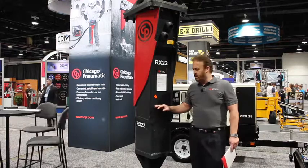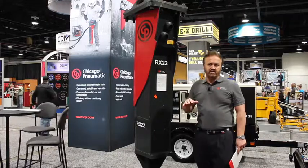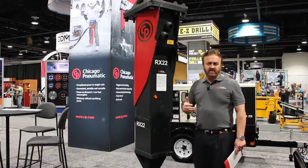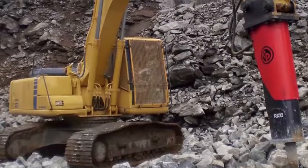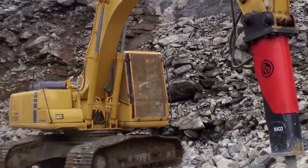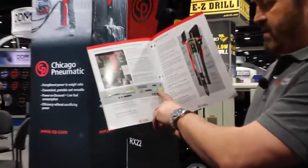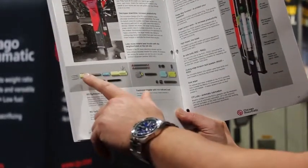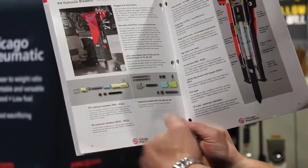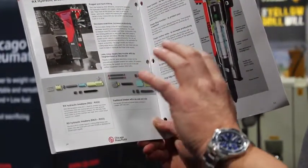But some of the unique advantages and some of the history that we're changing is the constant advancement of technology that the factory is putting into updating these hammers so they are virtually maintenance free, especially in the rental industry. You've got a breaker with a head, a body, and a tool holder with tie rods. Our small units from our 200 foot-pounder all the way up to our 3,500 foot-pounder have really changed how breakers